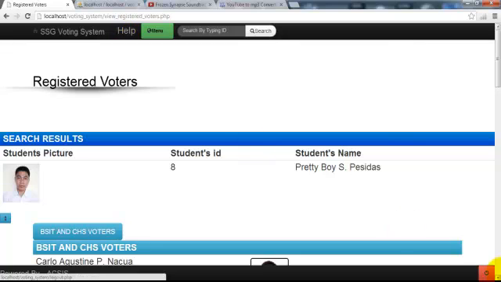So to log out, you need to click on this red button here to make sure that the other student who is going to replace you in the computer that you are using is not going to use your data, and by that cheat and vote in your own way.